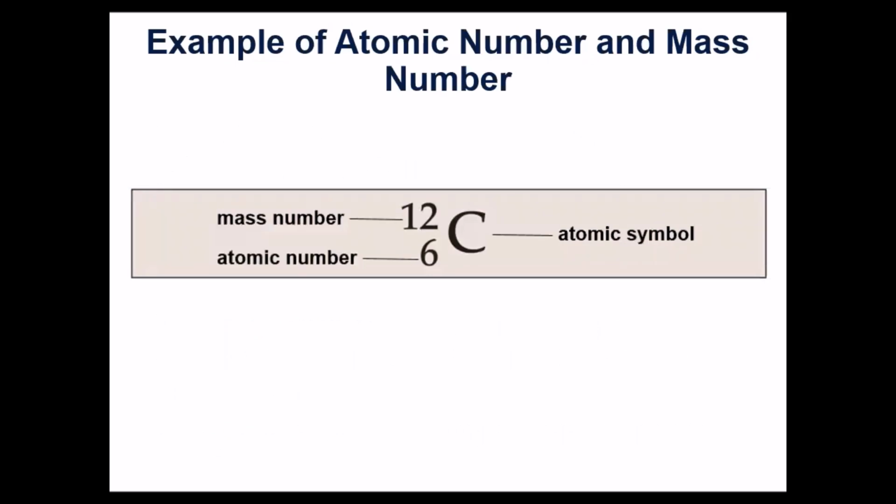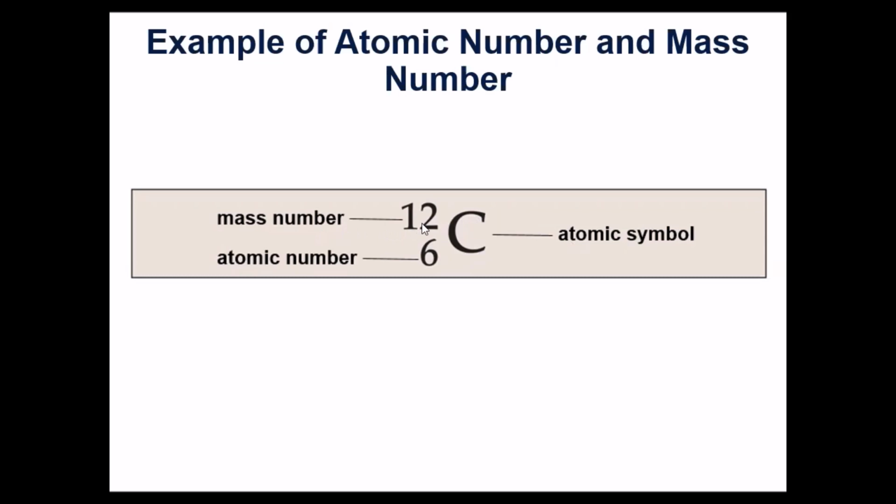Here's an example of a symbol that you would see. The atomic symbol for this element is listed there, C, so that's carbon. If it's written in this notation, the atomic number is on the bottom. That tells me that I've got 6 protons. Carbon in its natural, neutral state has 6 protons, and the number of protons would also equal the number of electrons. So carbon here has 6 protons and also 6 electrons.